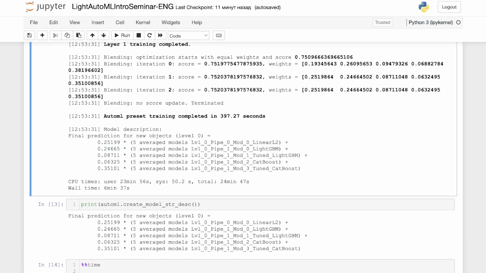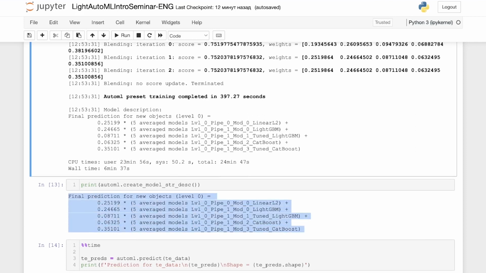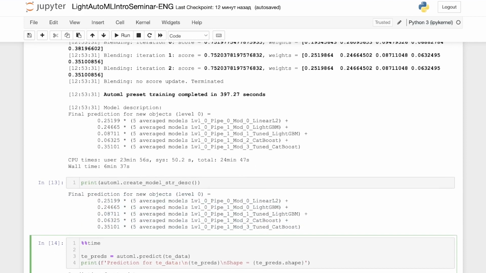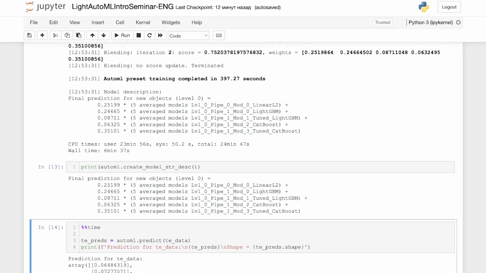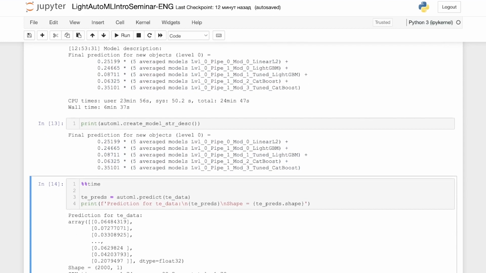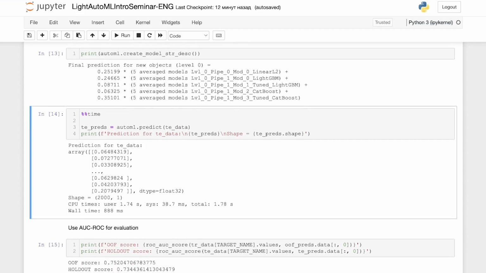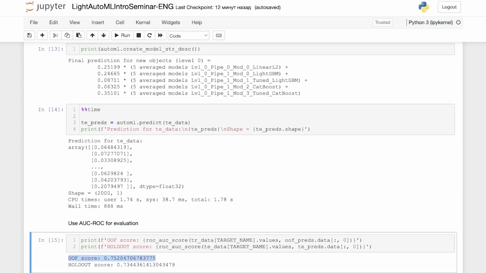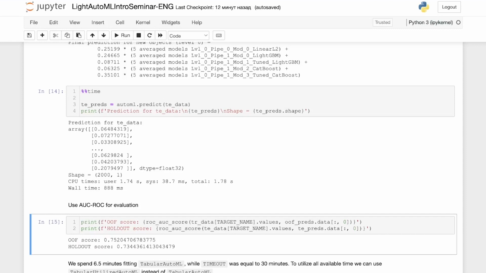So we spent around 6.5 minutes to fit this AutoML pipeline, and here is the description of our pipeline, with the same information about blending and the weights of this blending for these models. Then we can generate predictions for our testing data and calculate the metrics. So here we have our area under curve. The first line of this output is the score of out-of-fold predictions for the training set. And the second line is the predictions for the holdout test set, which is around